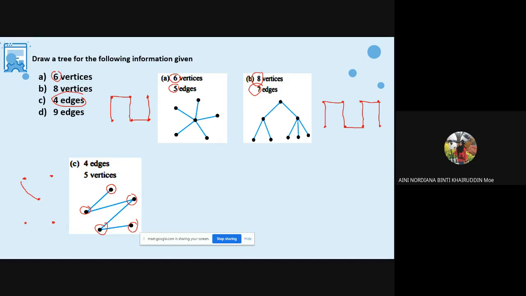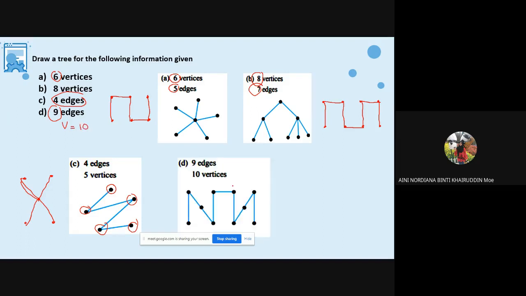1, 2, 3, 4. Buruk sikit cikgu lukis. Tapi boleh juga lukis macam ni. Okay. For D, 9 edges. So maksudnya vertex kat sini berapa? 10. So lukislah macam mana pun asalkan you dapat 10